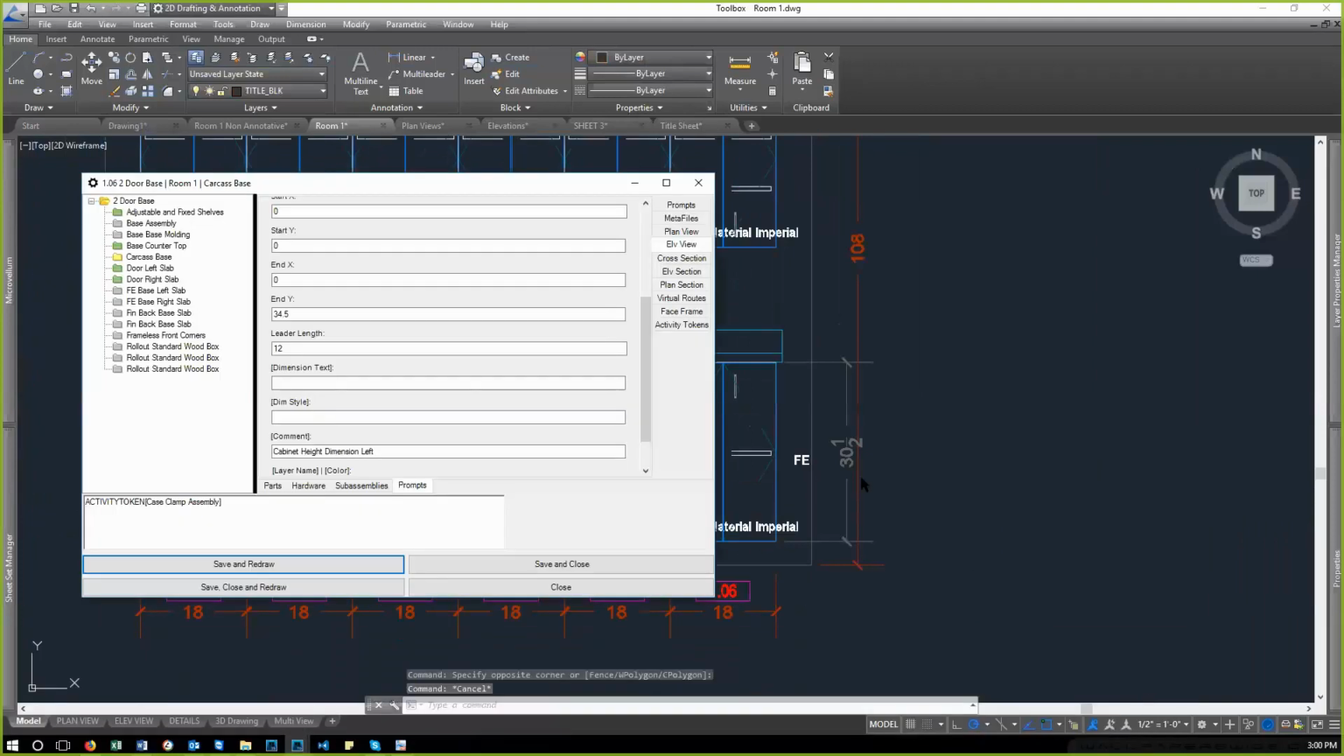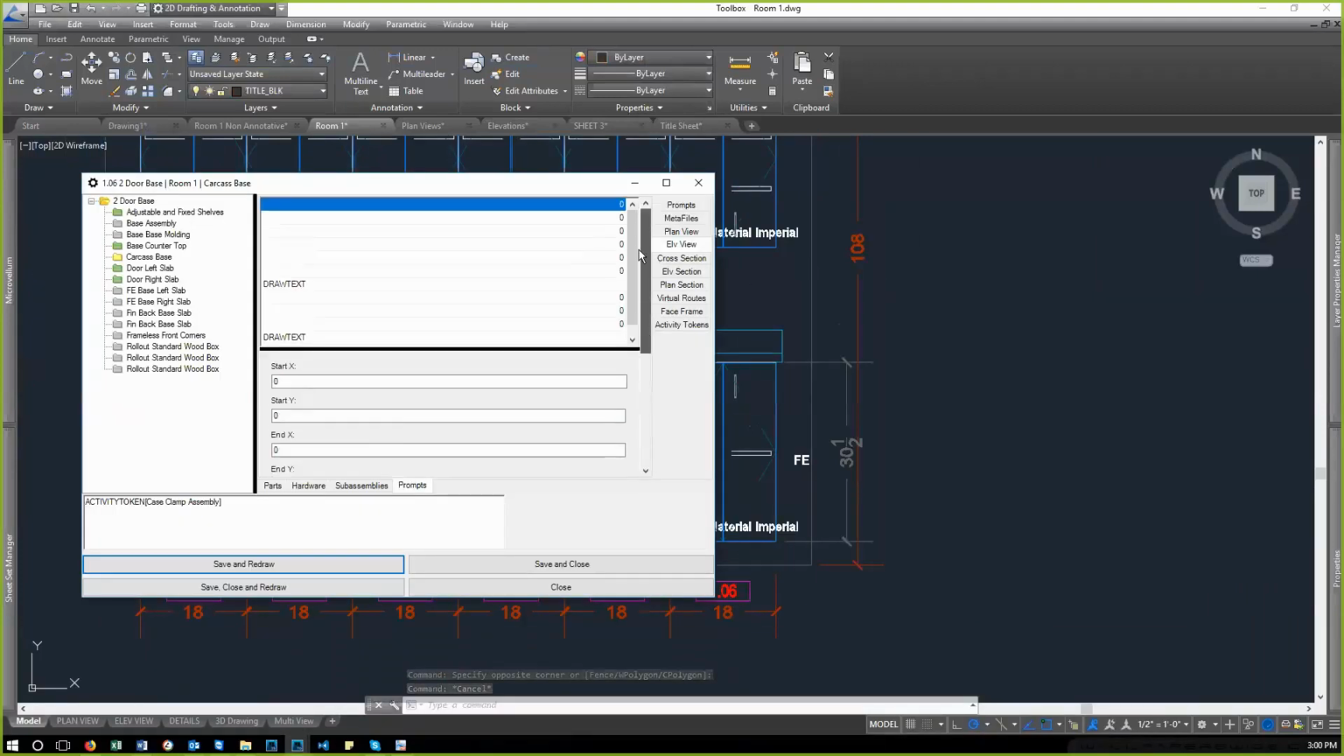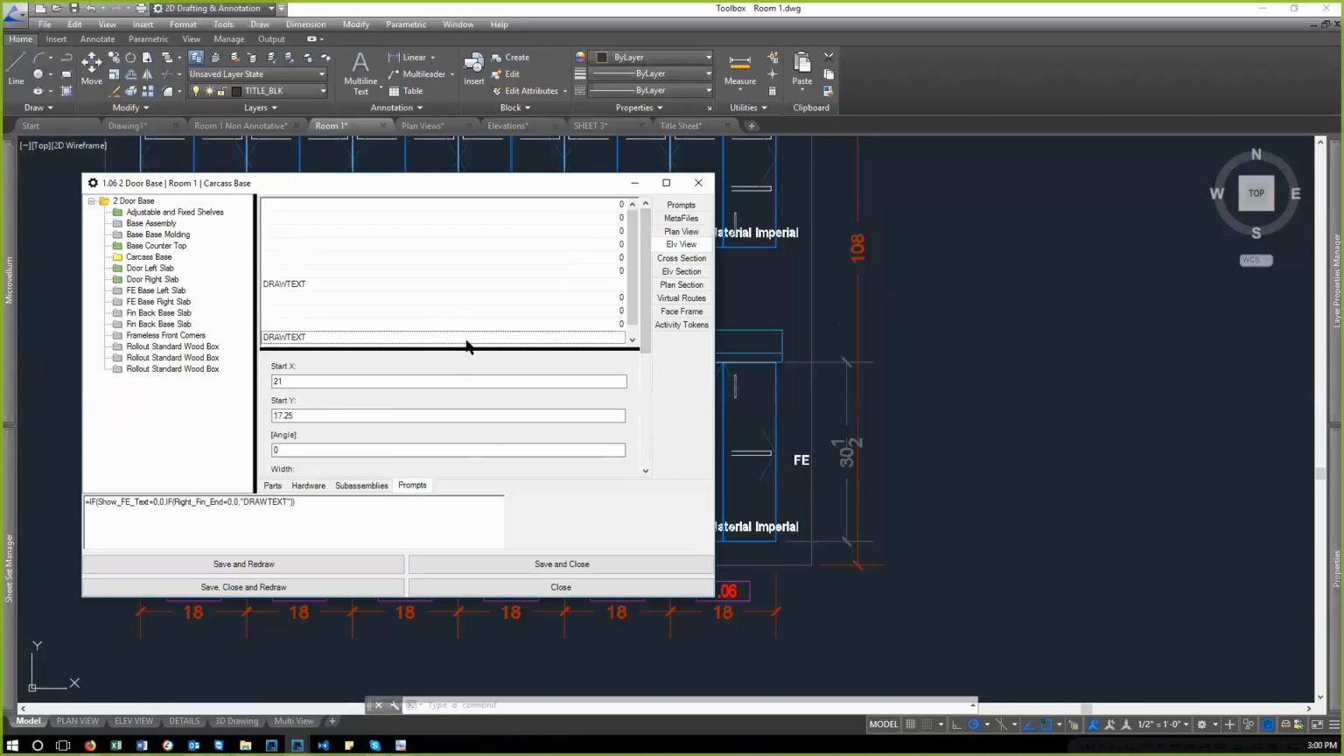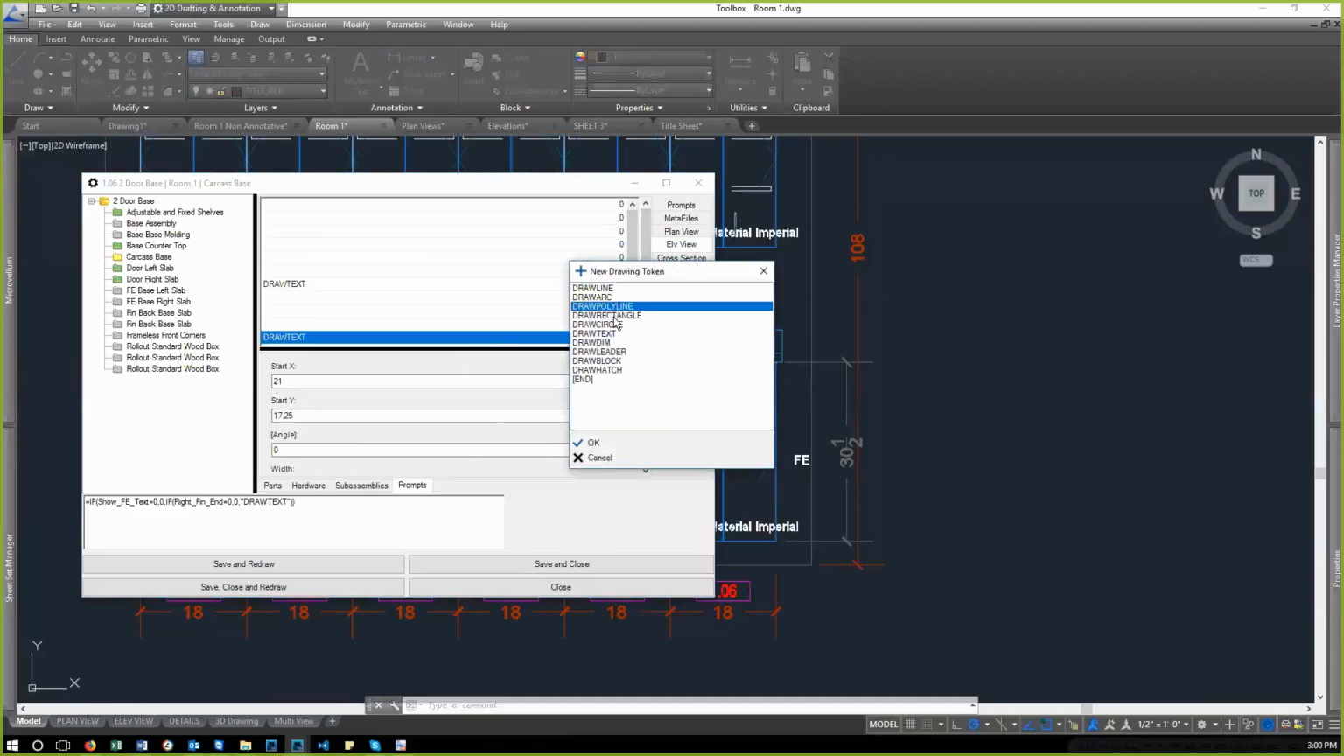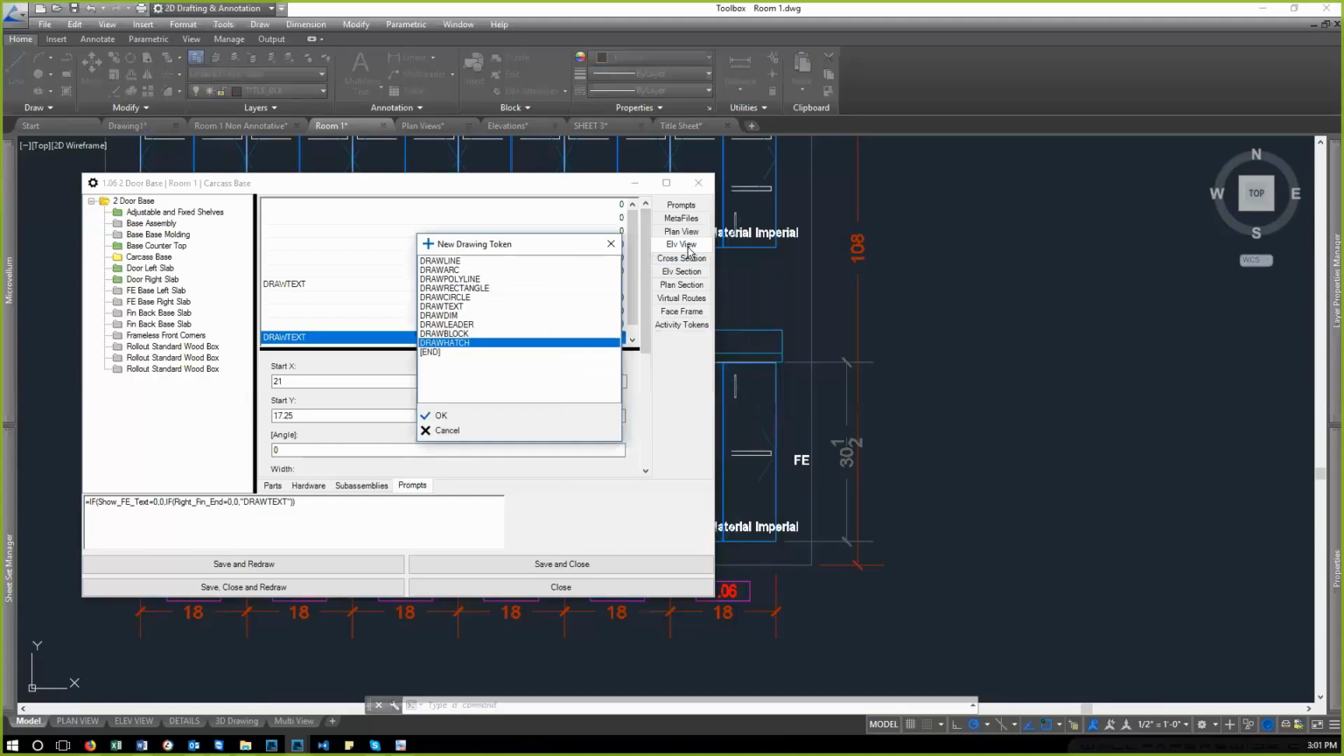So that's how you can add those, and you could do anything on this list. You could draw a line, draw an arc, polyline, rectangle, circle, text, dim, leader, block, hatch, anything that you find yourself drawing over and over again, be it in your plan view, your elevation view, cross section, elevation section, plan section, any of those that you're using over and over again,